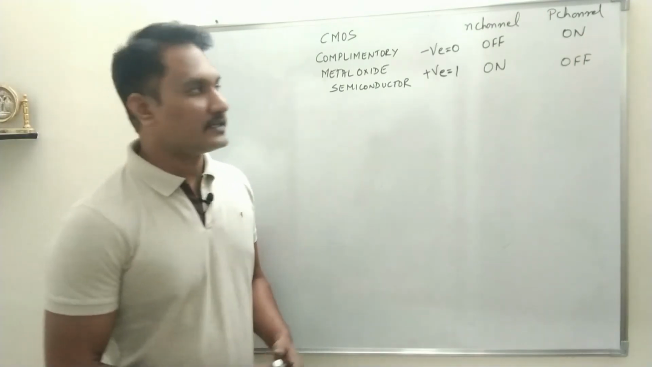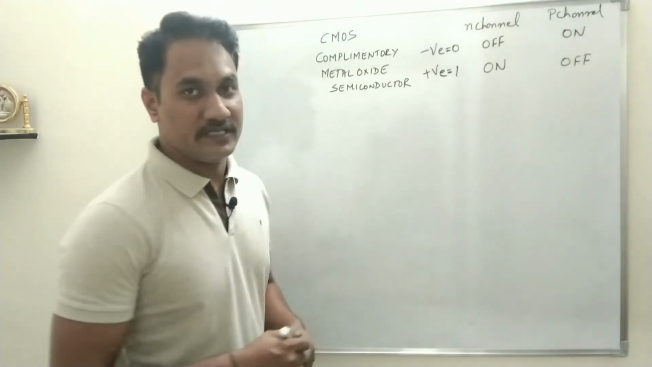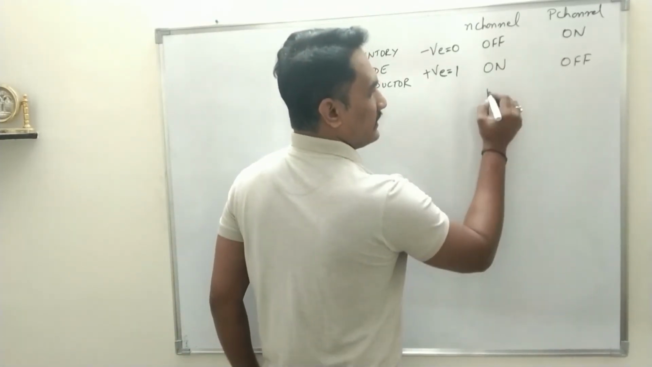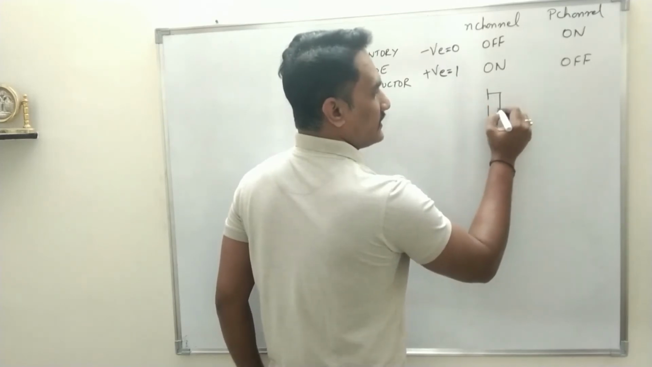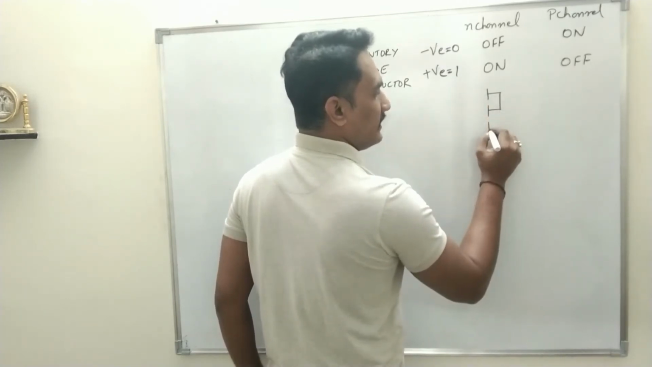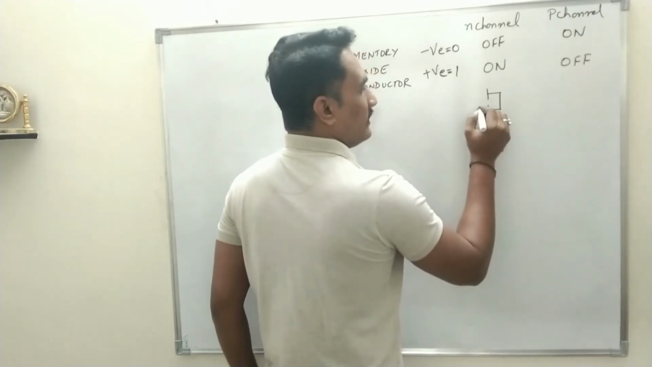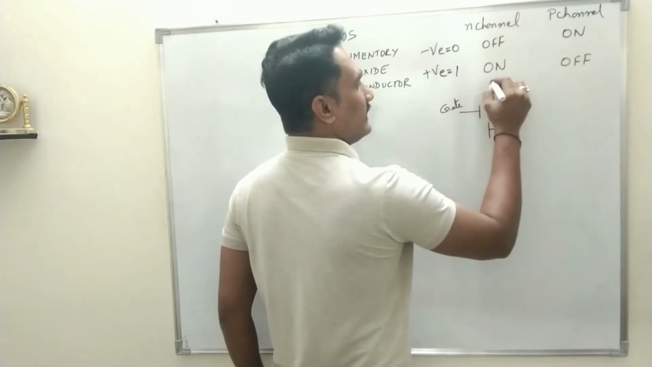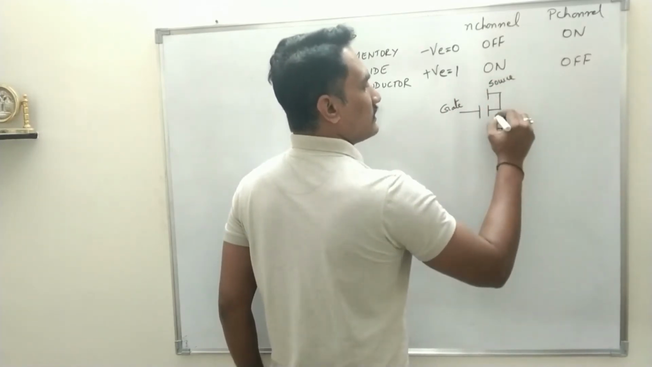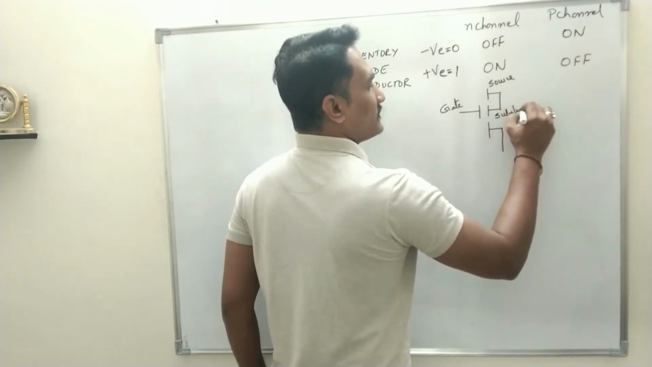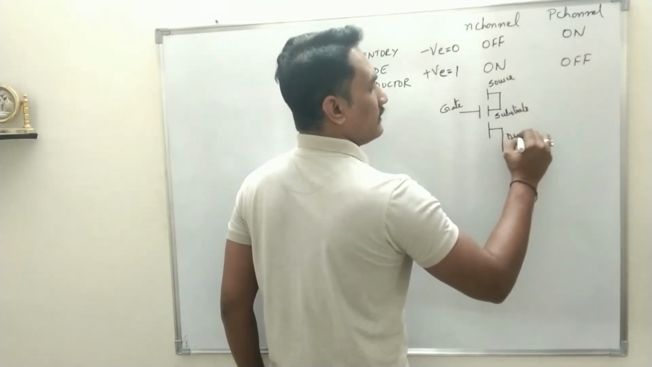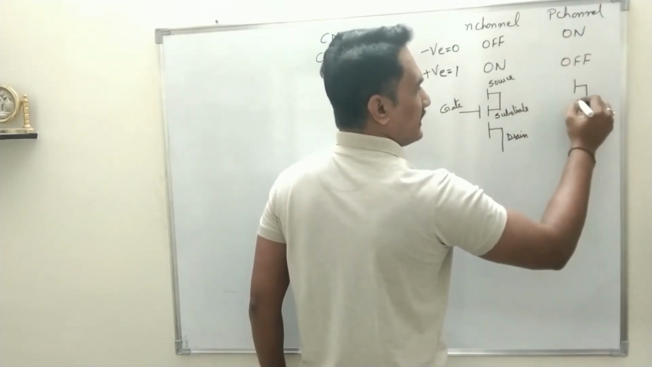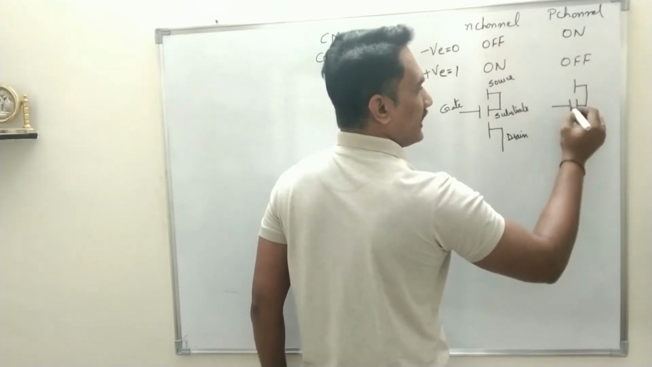Now the symbolic representation of N channel and P channel. See, you draw 3 lines, 1, 2, 3. The first terminal is the source, which is always internally connected with the substrate, and the next terminal will be the drain. And in front of the substrate, you have here the gate terminal. So gate, source, substrate and drain. Exactly on the same lines for P channel, source connected to substrate, in front of the substrate you have the gate